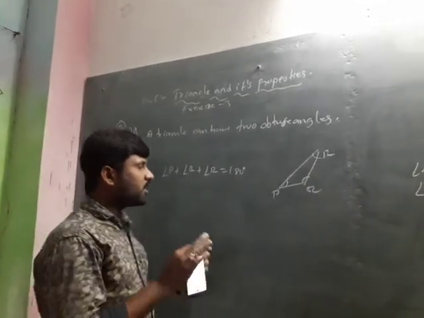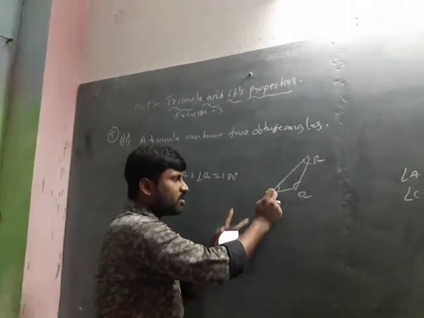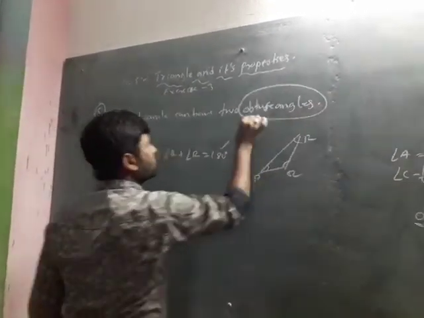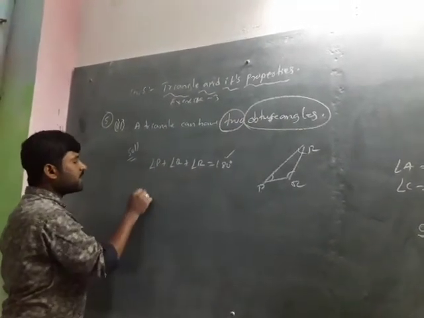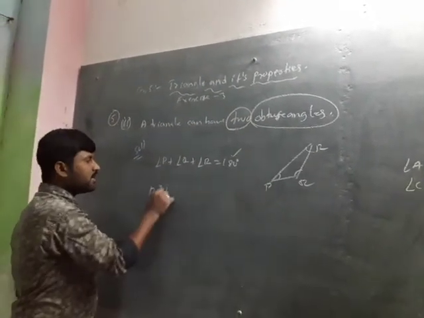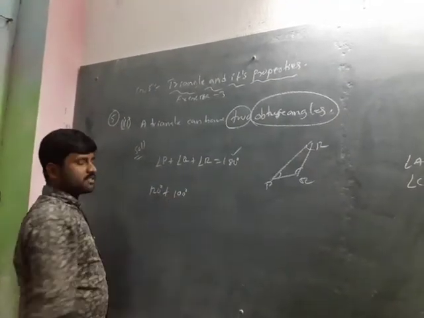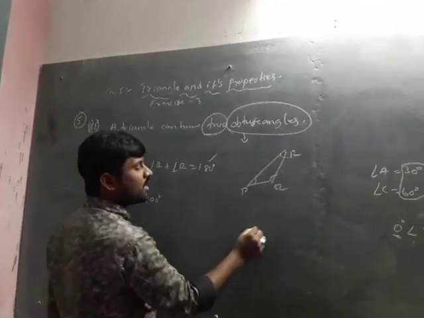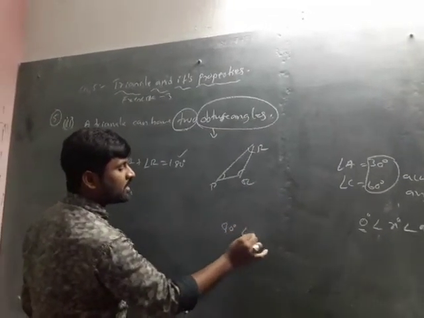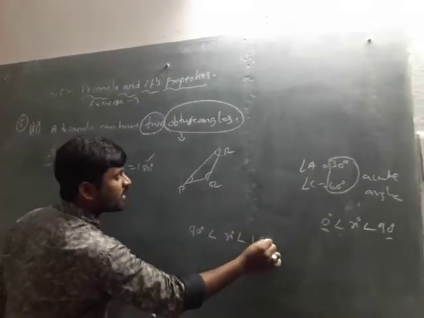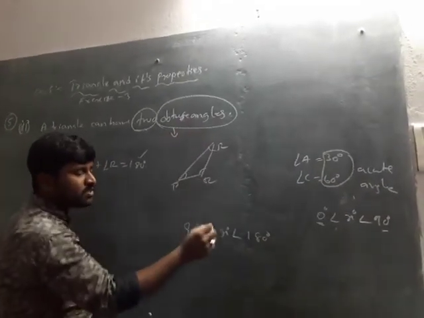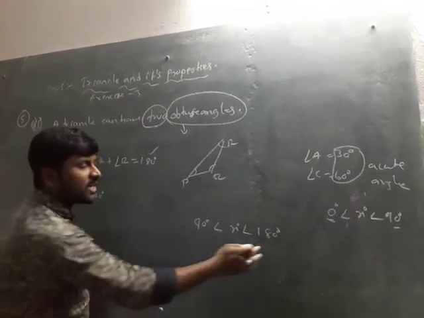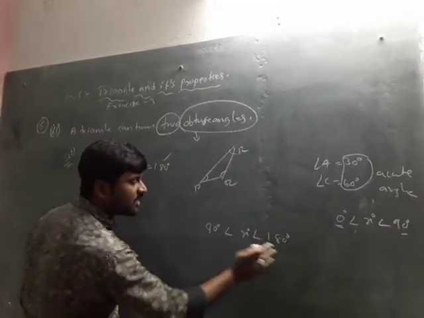So according to the statement, when we add the sum of the three angles, it should be equal to 180 degrees. I am taking two obtuse angles. ఈ టూ obtuse angles, angle P అంటే I am taking 120 degrees, angle Q means I am taking 100 degrees. Okay, obtuse angles అంటే obtuse angles means what? It measures 90 less than x less than 180 degrees. Obtuse angles అంటే it measures in between 90 degrees and 180 degrees. అంటే 90 కంటే ఎక్కువ ఉంటుంది, 180 కంటే తక్కువ ఉంటుంది. ఓకేనా, in between 90 degrees and 180 degrees.